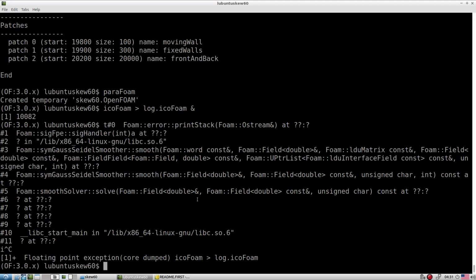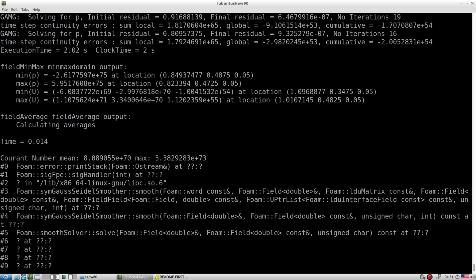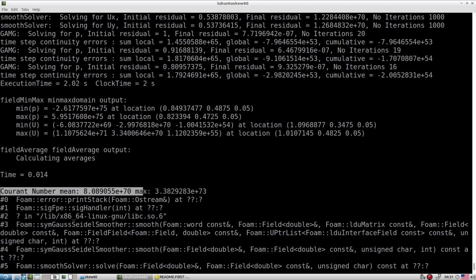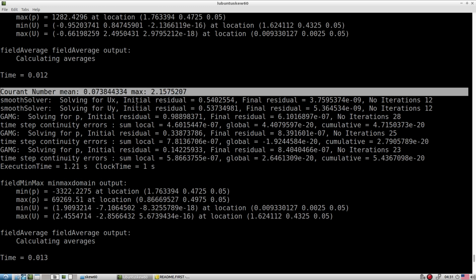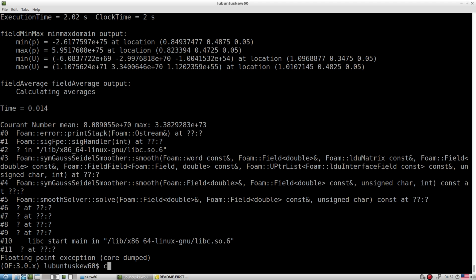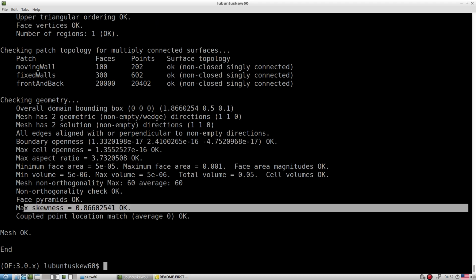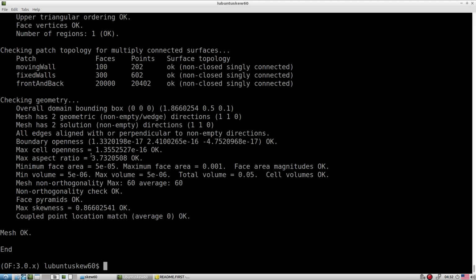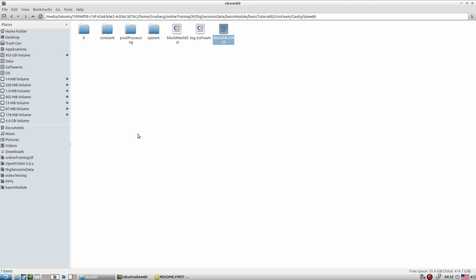Oh, it diverges. So icoFoam is not working properly with this. Why? Because if you see, the Courant number is shooting up. When the simulation is progressing, the Courant number is shooting up. There are multiple reasons for that. One is delta t, another is the grid size. So just apply checkMesh. If you see the checkMesh output, skewness is okay, no problem, so the mesh is fine. The number of elements is 10,000, exactly the same as in the square cavity, but with the same settings we are not able to simulate this particular test case.